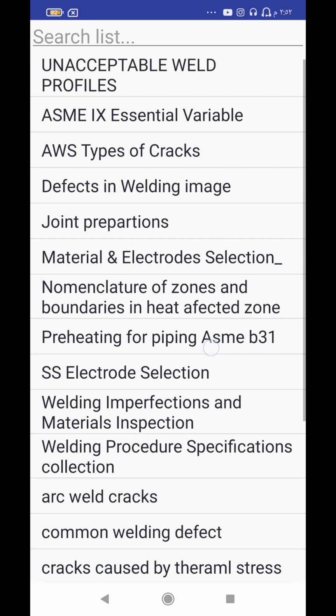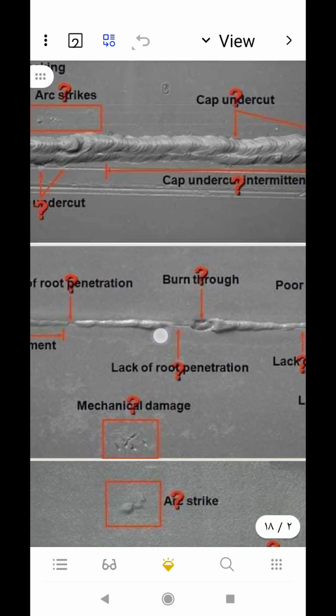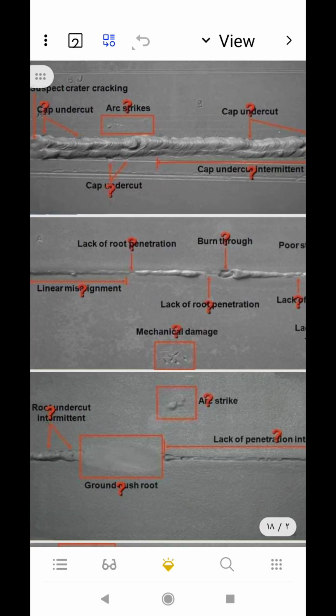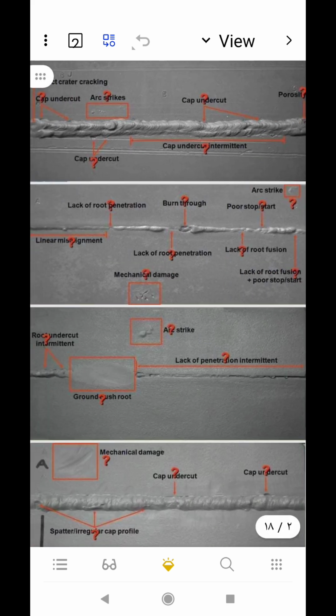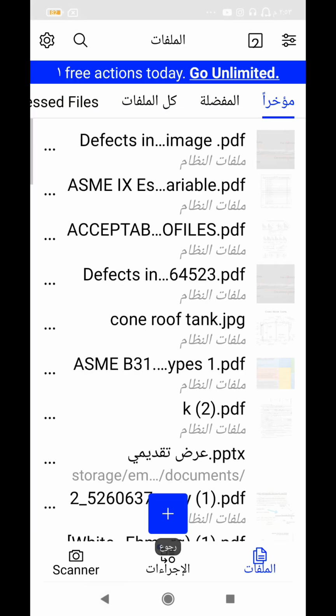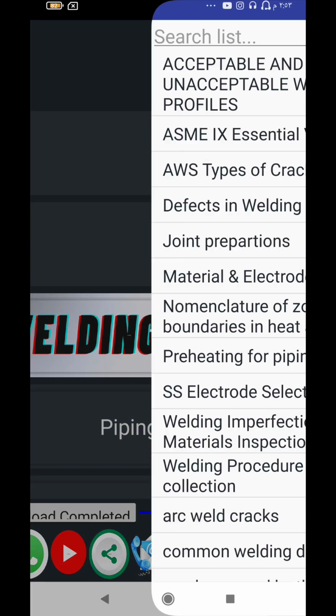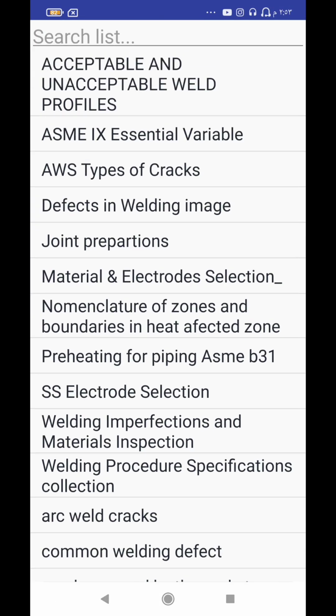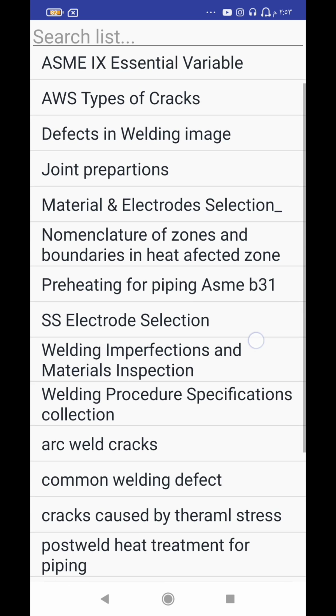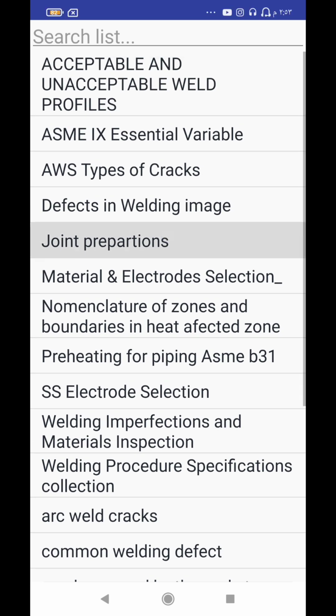The third is the types of cracks. Fourth, defects in welding images. This is from CSWIP, with each type of defect, its name and nature. If you see, I use my program without an internet connection. Now the joint preparation,